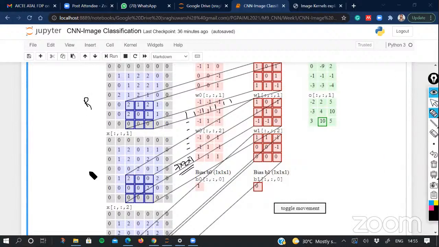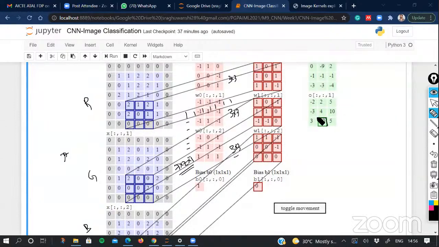This is for R, this is for G, and this is for, let's suppose, B. And with respect to each channel, you are going to design a 3 cross 3 channel. So with respect to each of these channels, we'll have 3 cross 3 filters. And when you compute the output of these 3 cross 3 filters, now you will have these 27 values with 1 bias parameter to compute the final output. So these 3 channels will be mapped with respect to these 3 cross 3 channels corresponding to each of these color channels. We do this element wise multiplication, and finally we do the sum.